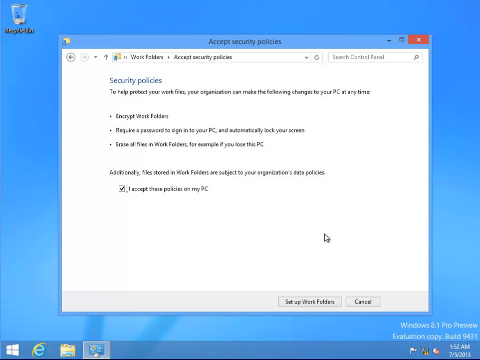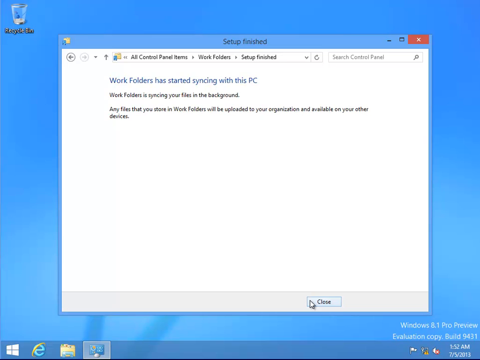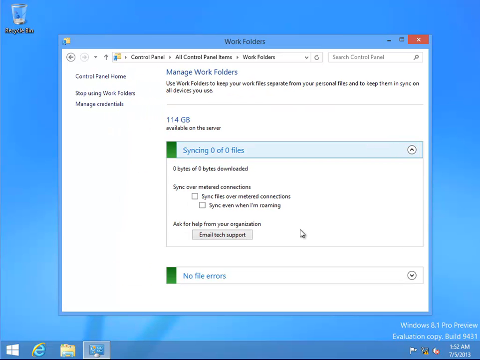Now this is where I mentioned you have to accept the policies that we set up on the file server for Work Folders. So I'm saying I accept these policies on my PC. If you don't, you can't continue. So if I turn it off, I can't set them up. But I accept the policies and then set up Work Folders. Okay. It's now telling me the capacity I've got in here. Currently syncing no files. We can tell it whether to sync over metered connections or not, but in this case